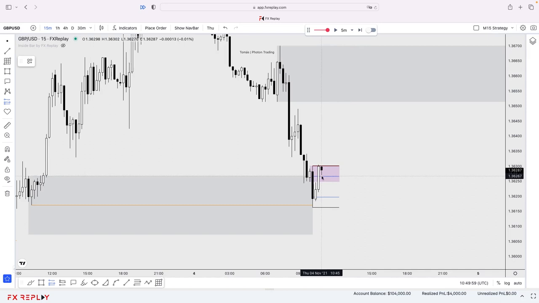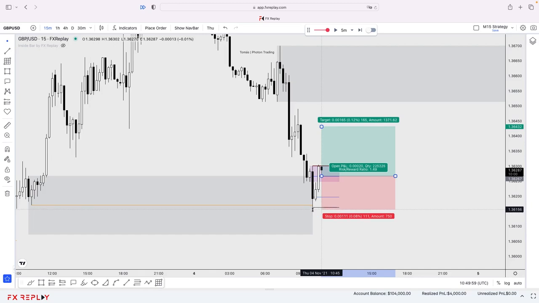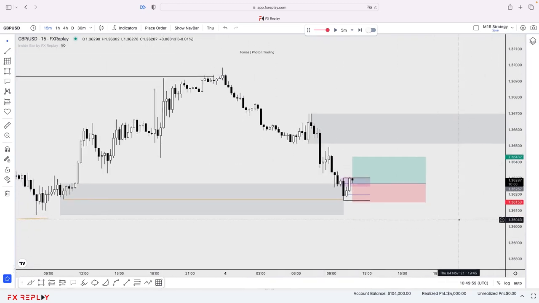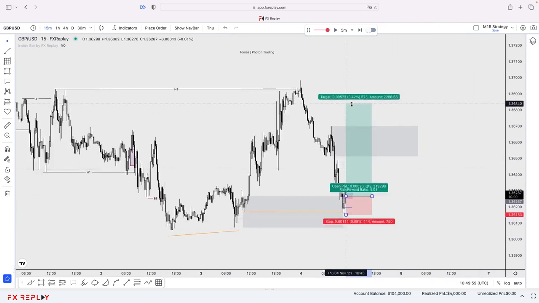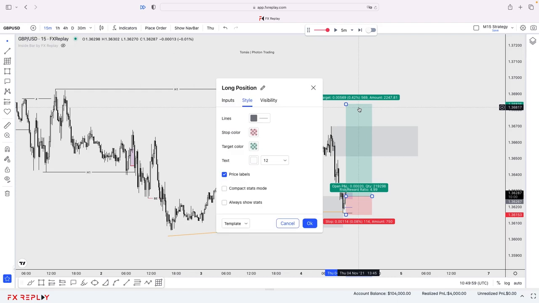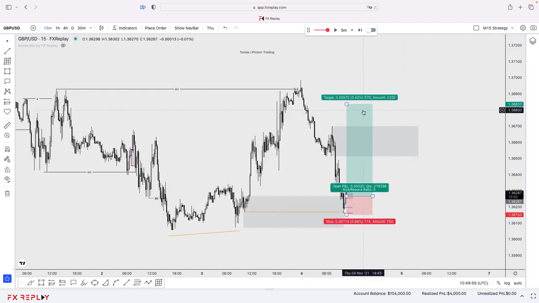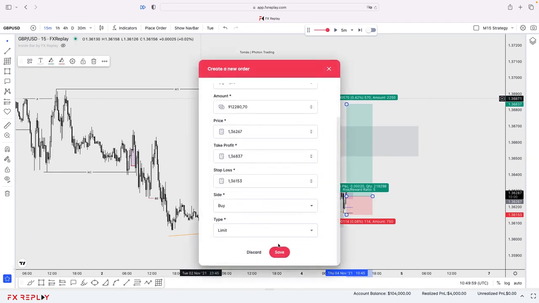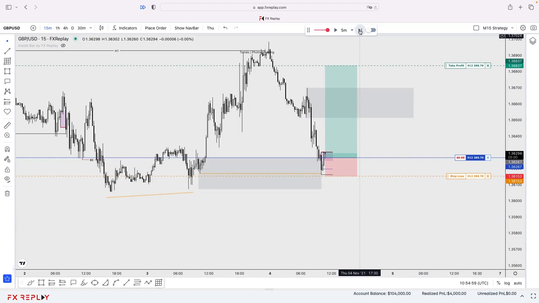So let's enter here. One to 5, like I always do, be consistent, increase the strike rate. So 1 to 5 here, place the order, and let's wait. Okay,